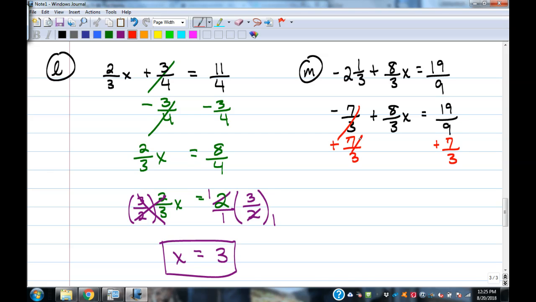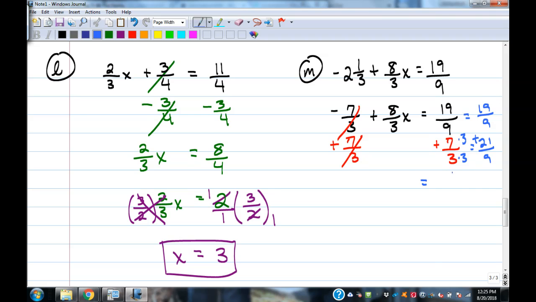Okay, these cancel out. In order to add these two fractions, what do I need? Need the same denominator, and that denominator for a 3 and a 9 would be what? 9. How do I turn 7/3 into something over 9? Bottom times 3, top times 3. So that's 21/9, and I got 19/9, and I'm adding those together,